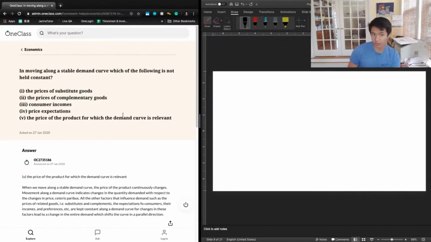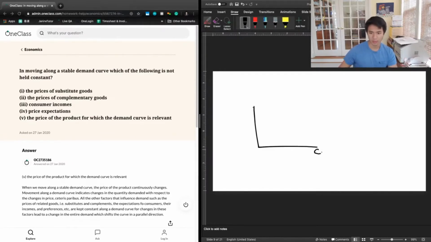And demand determinants include the prices of substitute goods, the prices of complementary goods, consumer incomes, price expectations. All those things are demand determinants. And so all 4 of those things are going to be held constant. And then finally, we get to answer choice 5, the price of the product for which the demand curve is relevant. And it doesn't make sense for that to be held constant because we're literally depicting a relationship between price